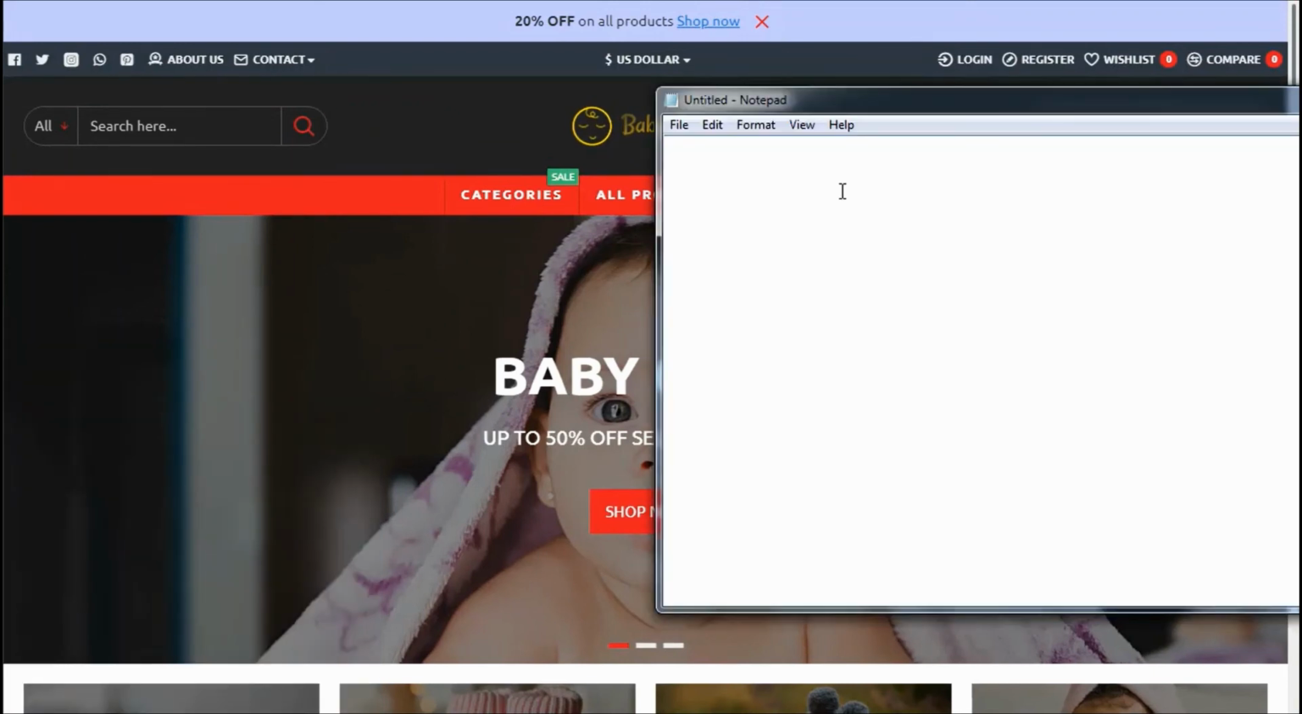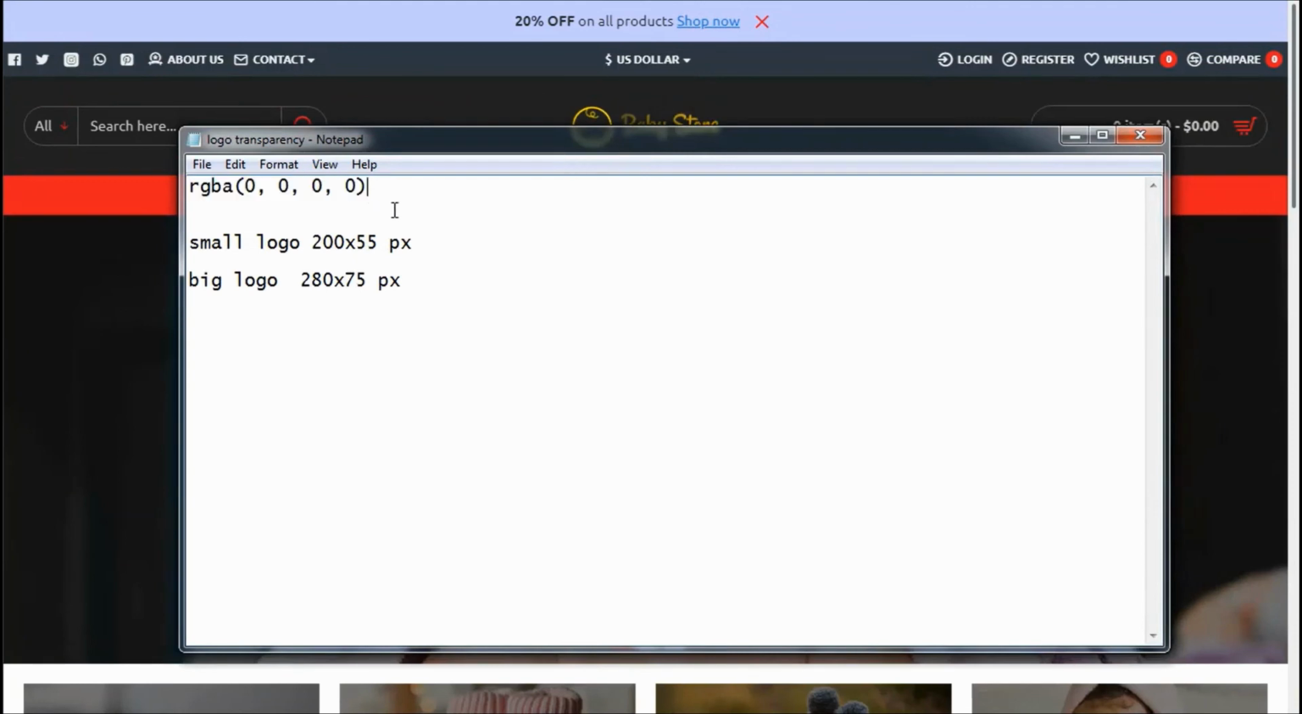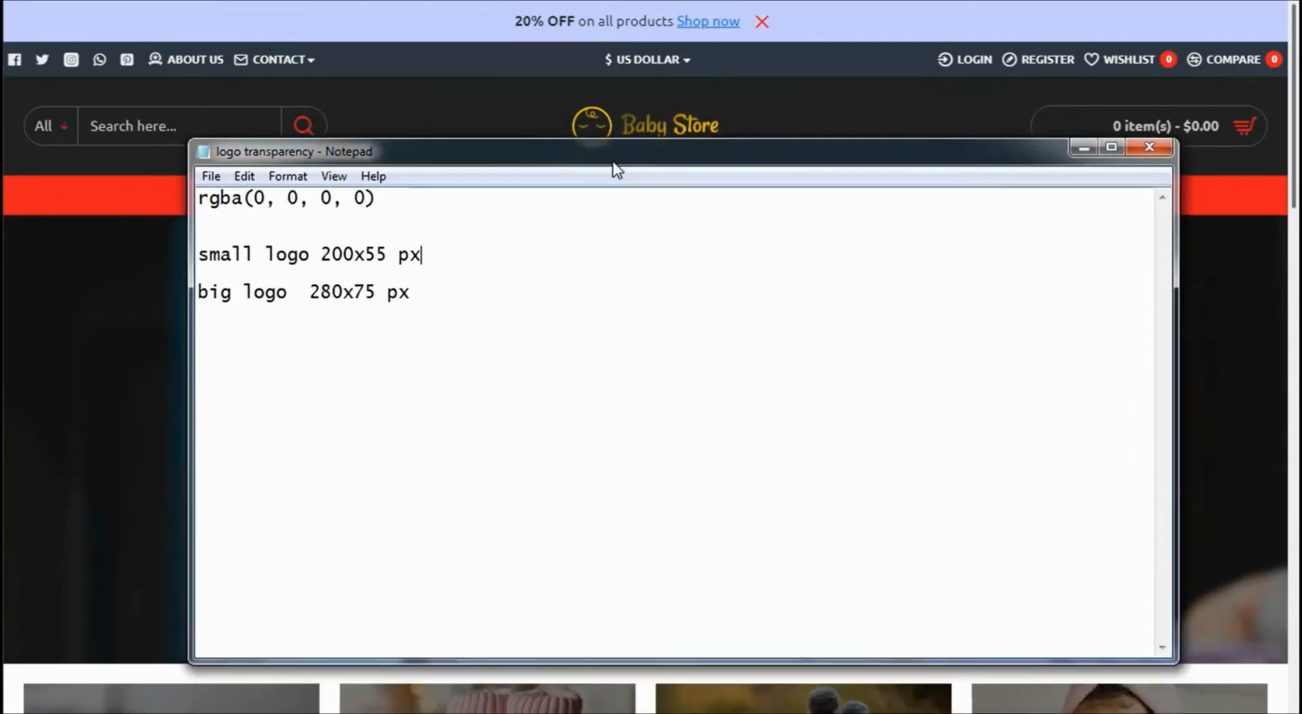Okay, so just keep in mind this. Let me show you this. So not this, but this. Okay, so the code for the transparent background, if you don't pick the logo that has already a transparent background in the logo creator app, okay, you can use this code and paste it there, or just keep in mind, not all